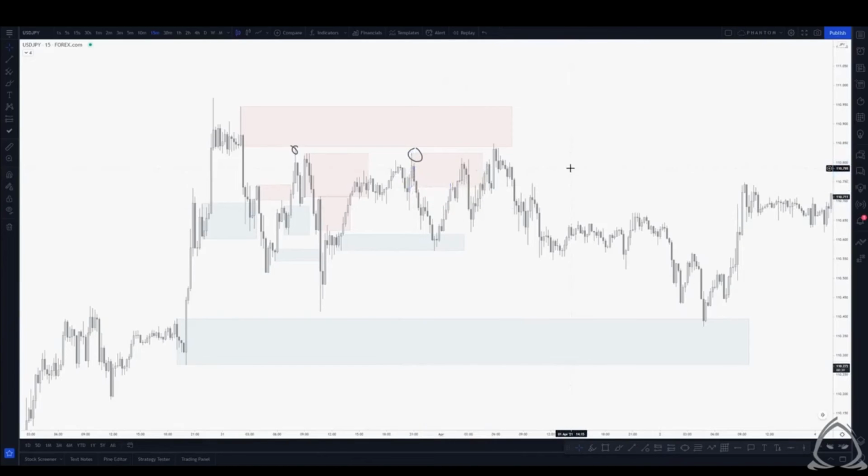And one thing that I recommend doing after you've completed this exercise of simply mapping out supply and demand zones, again, don't worry about what happens to the zones. Just worry about mapping them out and understanding the order flow and what's actually happening from a candle-to-candle basis. Again, we're going to build on this so that we can start to eliminate certain supply and demand